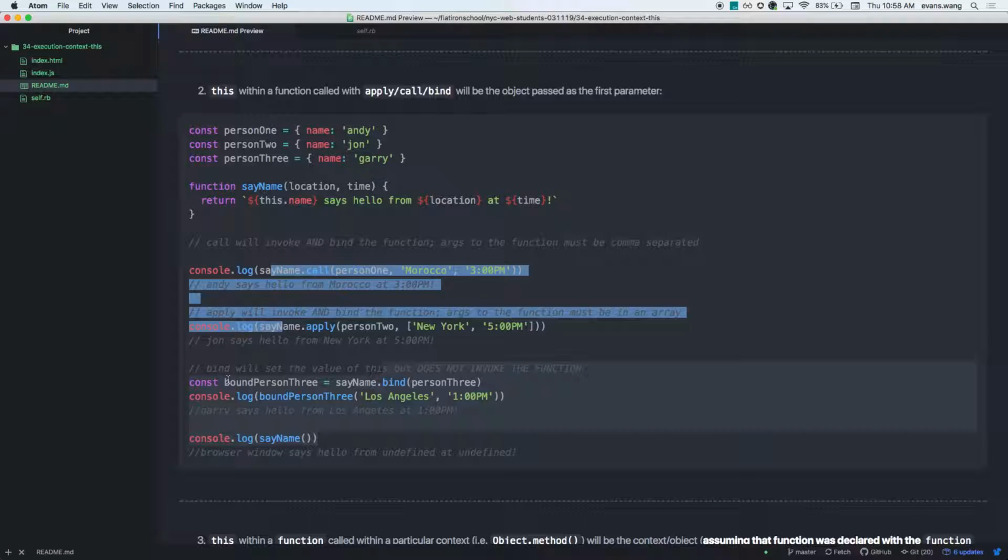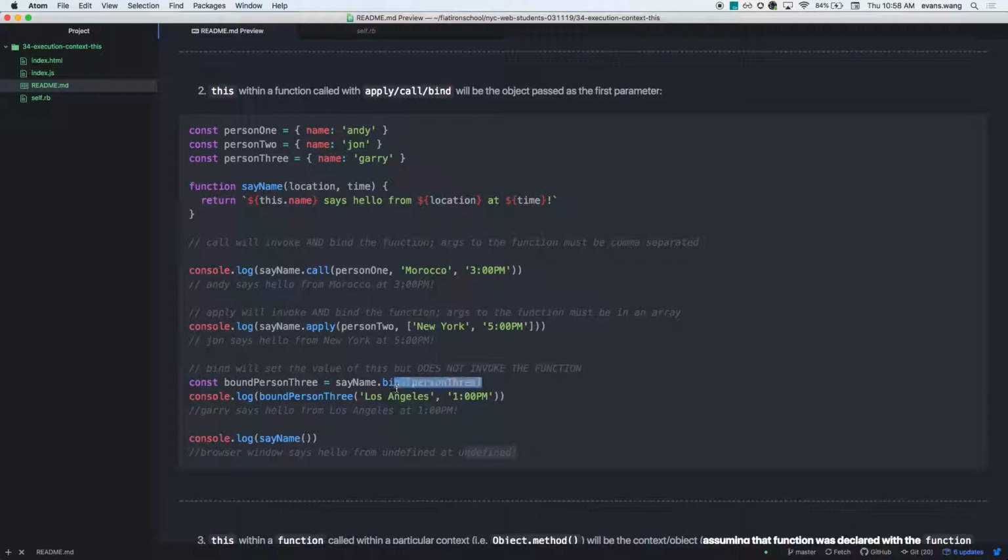Now, bind is different. Bind is very important because you will sometimes want to change what the this keyword is, but you won't always want to invoke it immediately. So bind will set what the this is and create a new function. It doesn't invoke. So what I need to do is actually set it to a variable that I can then invoke later. What that means is if I say name.bind and I pass in Gary,